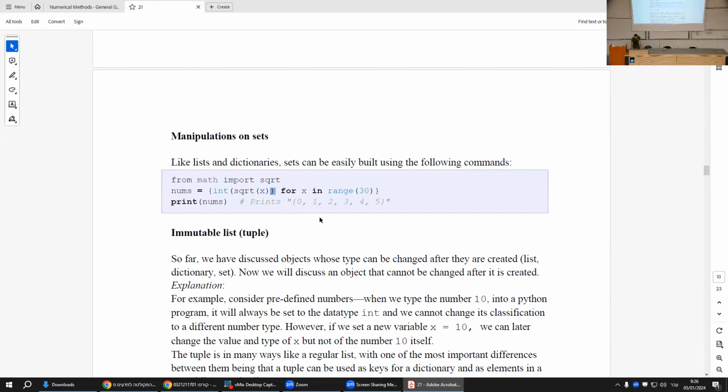What do you think? What is range 30? Yes, so it's 0 to 29, not to 30. And if I define this without the int here, what is the size of this set? 30. But because of the int,